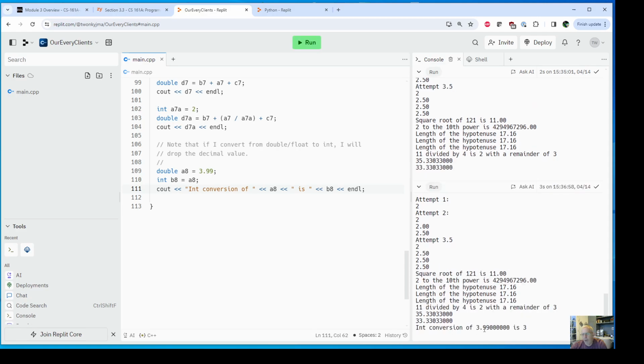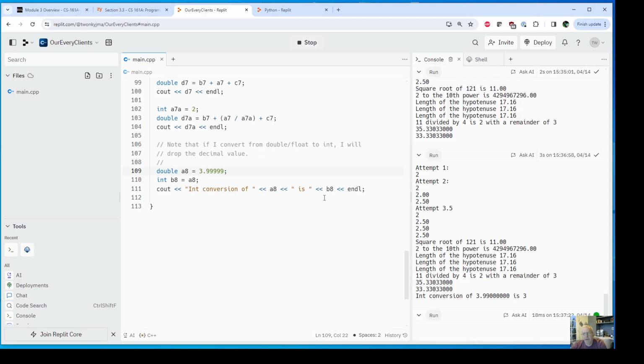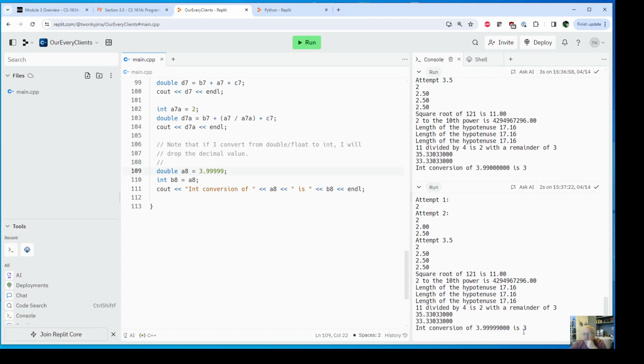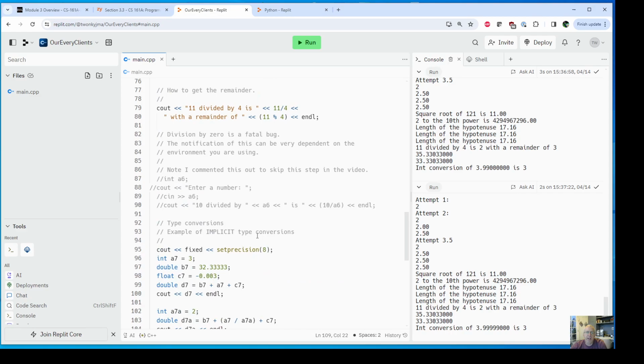So notice that 3.99 converted to 3. So it doesn't matter if it's 3.00001, 3.2, 3.5, 3.6, 3.9, or 3.9999999999999. I can add some more 9s here. Still should do the same thing. It still drops it. Okay, and this can get confusing in your code